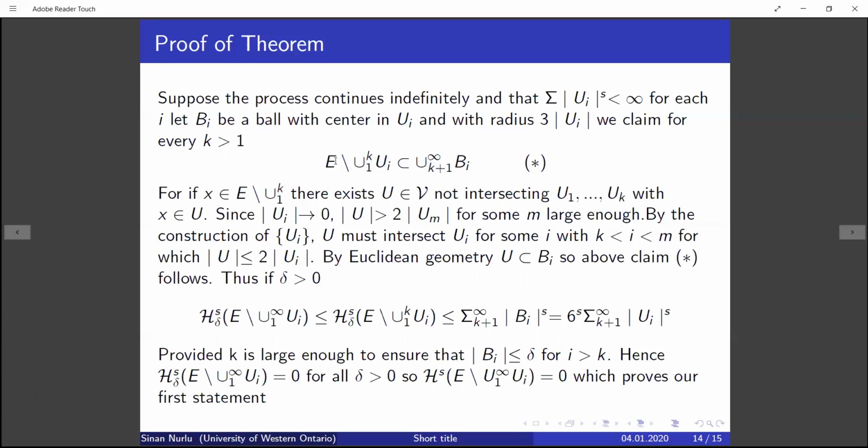So if x is in here, then there exists a U not intersecting any of U_1 to U_K, because we are stopping at a finite step. So there exists a U that doesn't intersect any of these, and x resides in U. Since the U_i's go to 0 because of this fact, again, the nth-term test, the diameter of U must be larger than 2 times the diameter of U_M for large enough M, because they go to 0. But by the construction of U_i, like in the lemma, U must intersect some U_i,